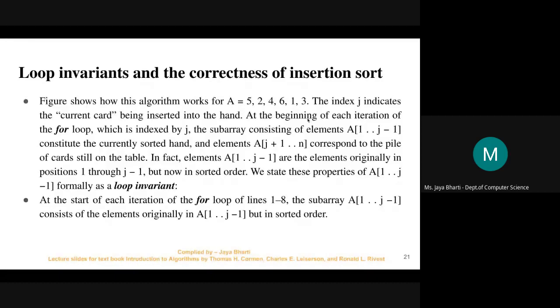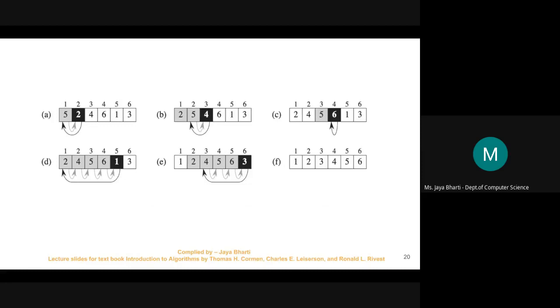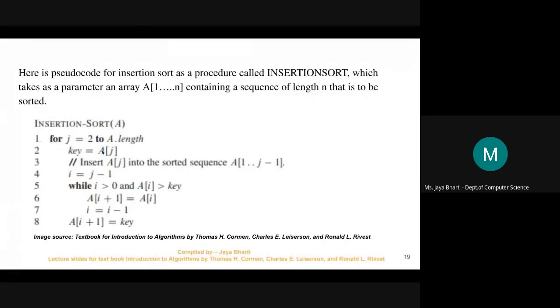And at the beginning of each iteration of the for loop, which is indexed by J, the subarray consisting of elements A from 1 to j minus 1. So in the starting of this code, at this step, we know that because we are starting from j equal to 2, our array is